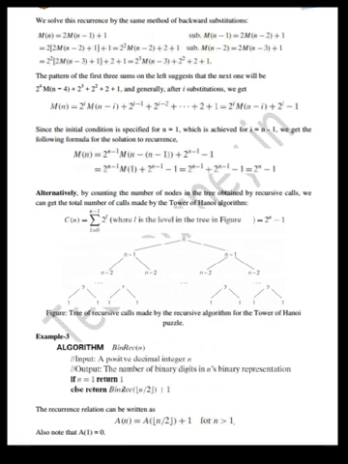The recurrence relation can be written as. Also note that A of 1 is equal to 0. The standard approach to solving such a recurrence is to solve it only for n is equal to 2 to the power of k and then take advantage of the theorem called the smoothness rule, which claims that under very broad assumptions the order of growth observed for n is equal to 2 to the power of k gives a correct answer about the order of growth for all values of n.